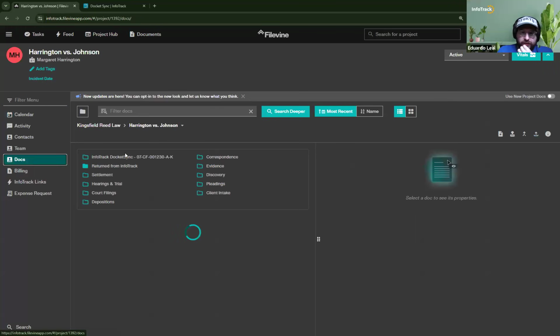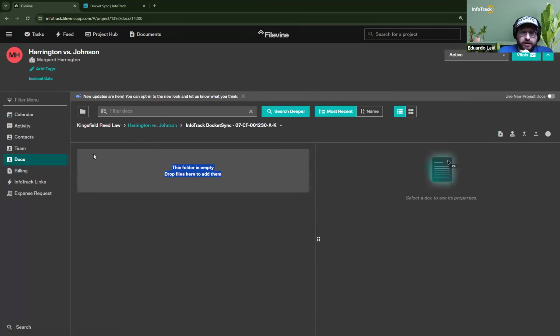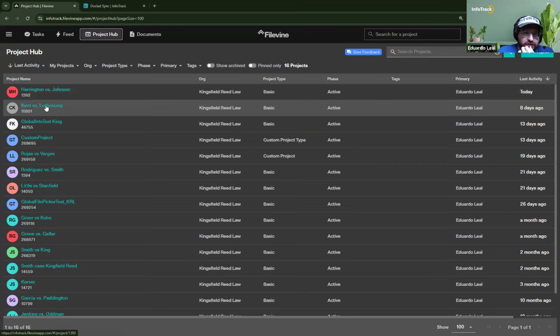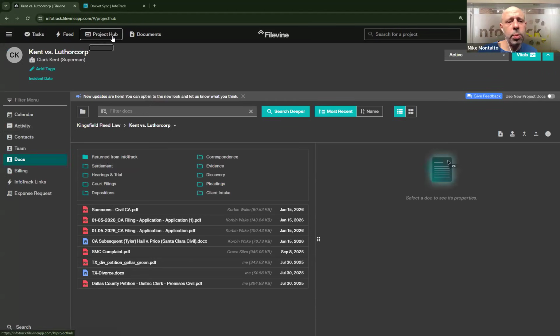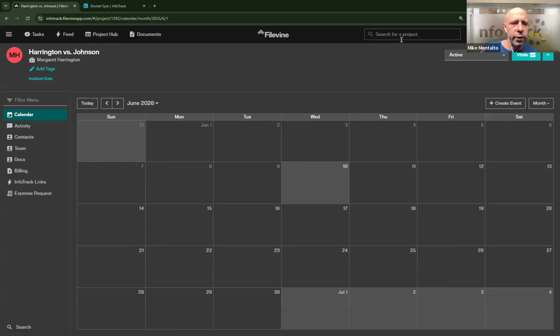If you have one. So, for example, this InfoTrack Docket Sync folder that we're showing here, this is where you would see your filings come back into. So let me find a project that has synchronized Docket Sync orders. One second. Go ahead. So essentially, when you have this open, you can basically ensure that the practice within the firm is whenever you need to check what the latest item on the case is,